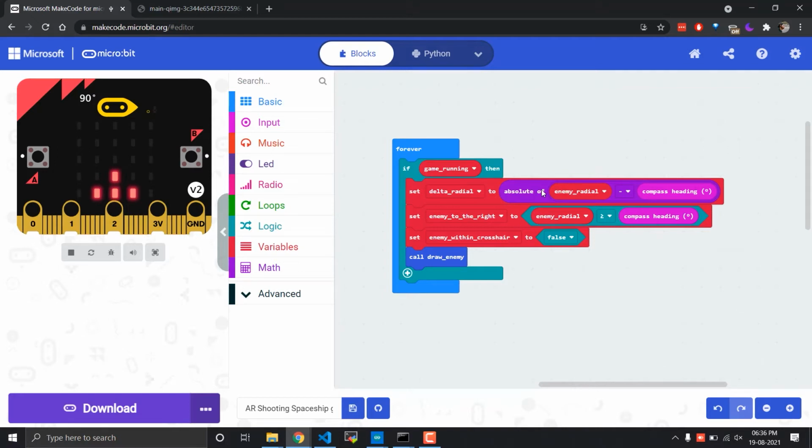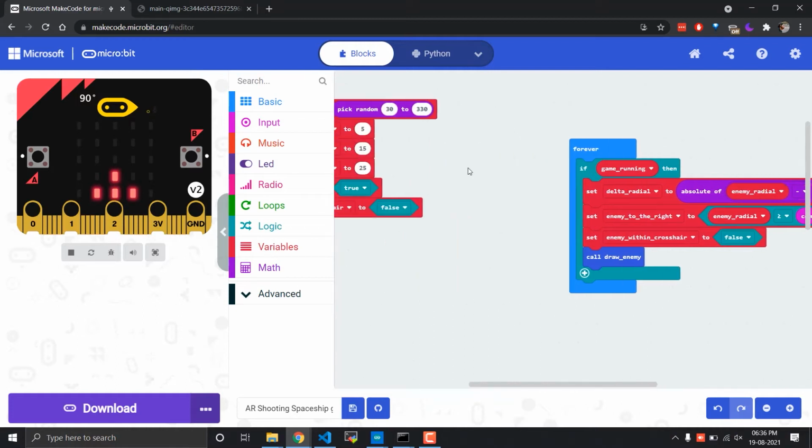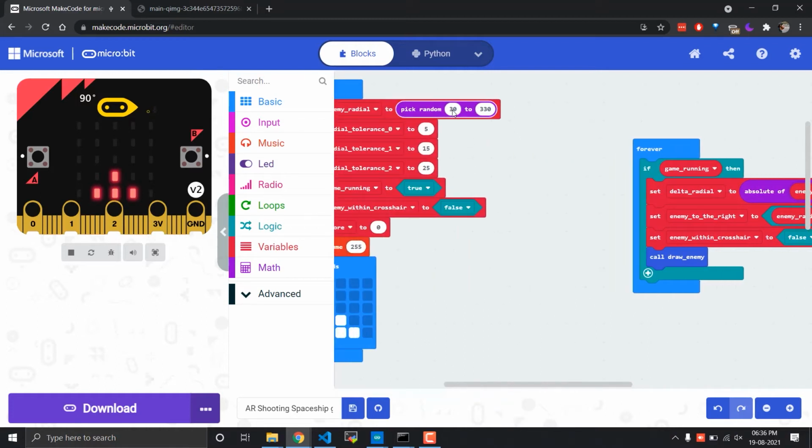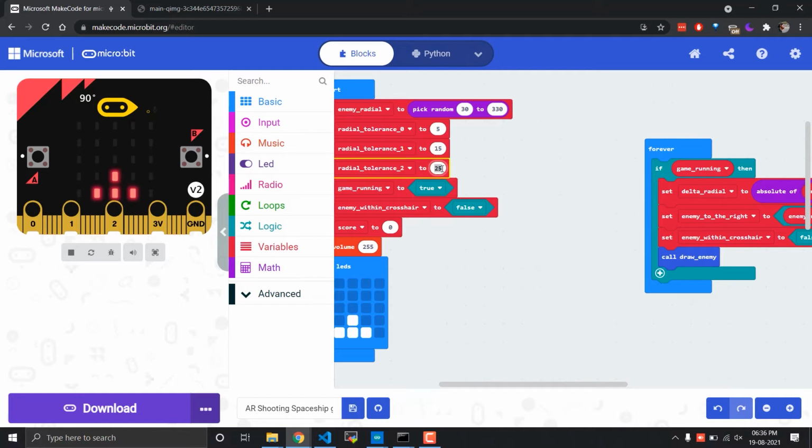However, if I perform this calculation, it will give us an incorrect value. So this is why near the north radial we are going to have some trouble, which is why I always generate the enemies between 30 and 330. This is because we have chosen the maximum tolerance to be 25. So I have just taken a buffer of 5 degrees more, and we just stay out of the plus minus 30 region of the north radial. And this is the reason for that.